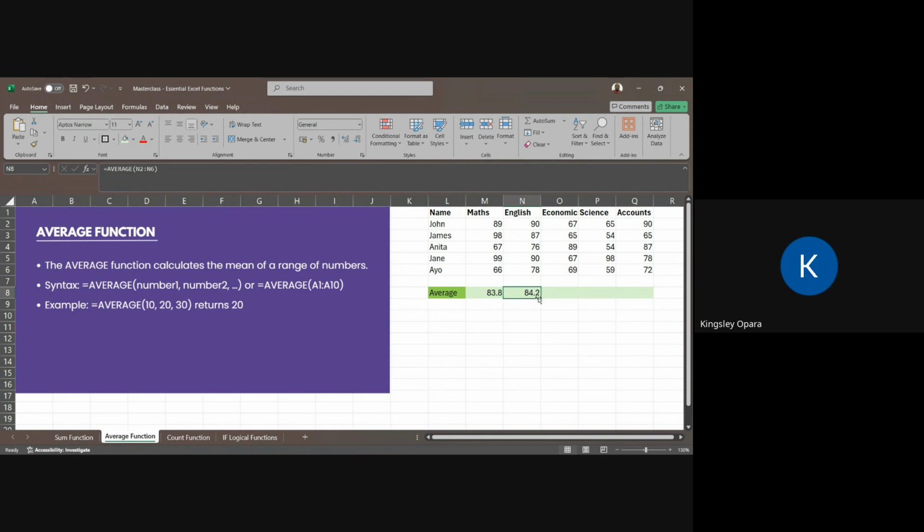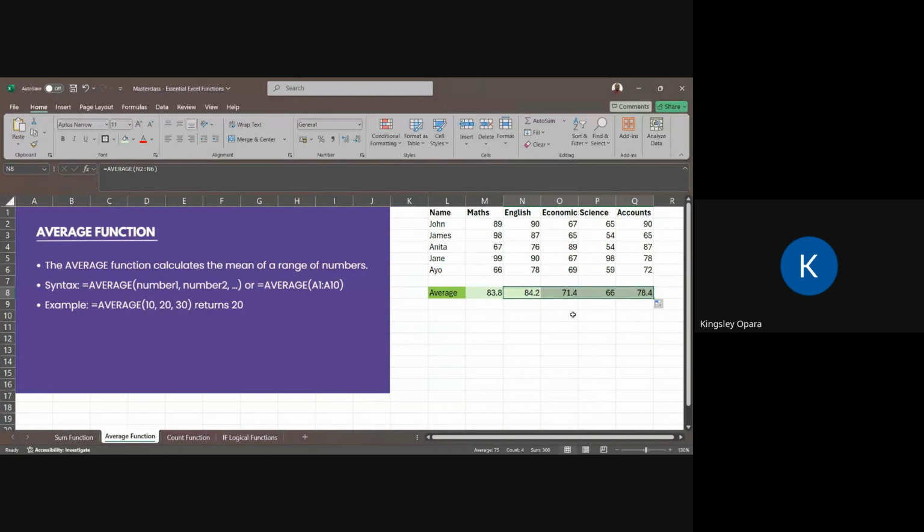How do I click? Locate this box down here at the bottom corner of the cell, and then click and drag this way. What Excel will do is replicate the same function to the rest of the columns and give you the answer.